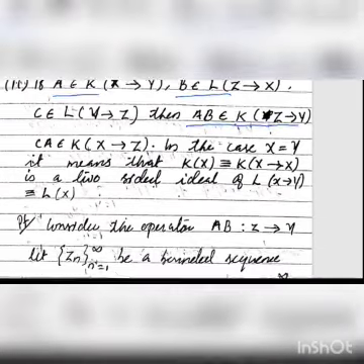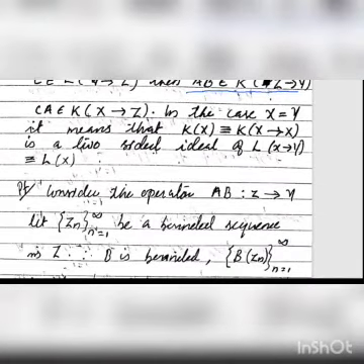So consider the operator AB from Z to Y. Let Zn, n equal to 1 to infinity, be a bounded sequence in Z. Since B is bounded, B of Zn is also bounded, and A is compact. Hence, consider A of B of Zn, the sequence. This has a converging subsequence. Now take that convergent subsequence as,